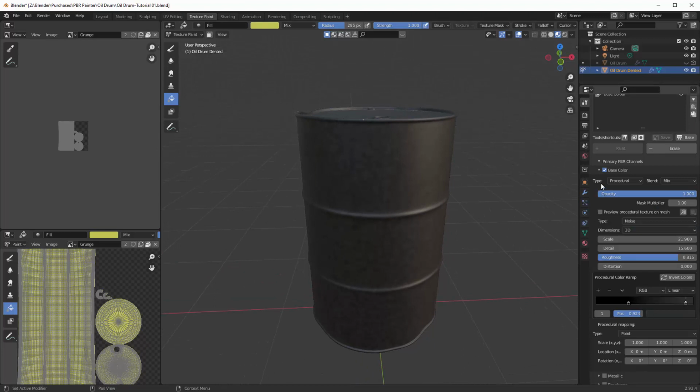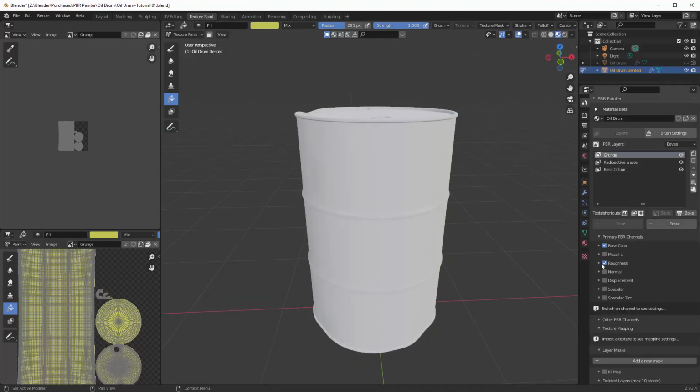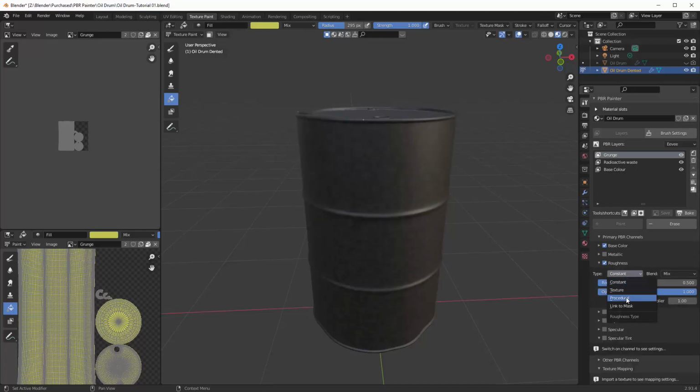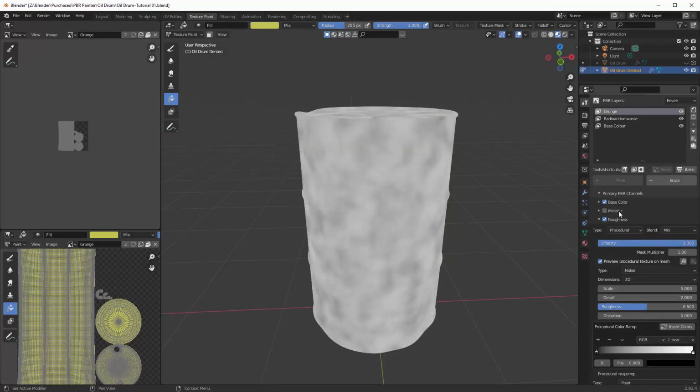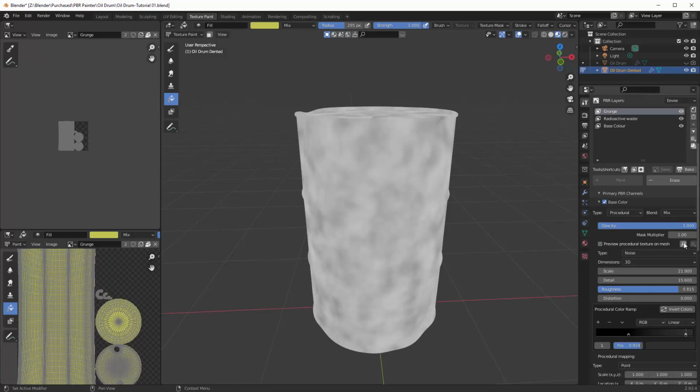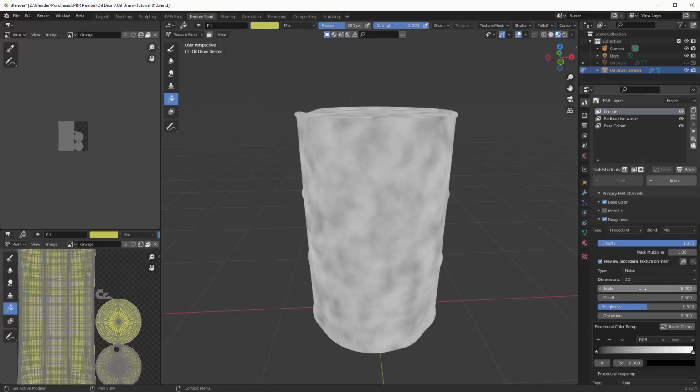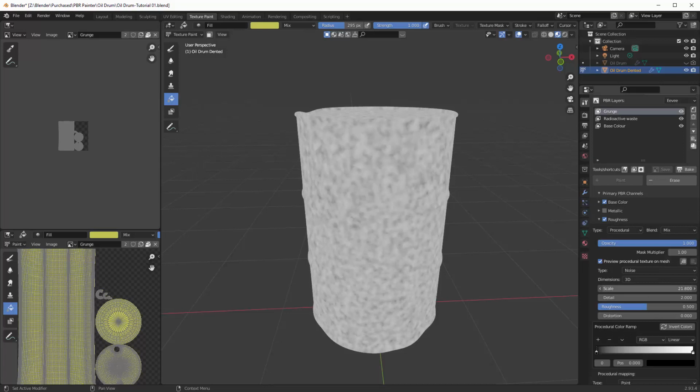I think that will do, and we'll change the roughness to that on that one as well, and we'll do that procedural texture on mesh. We pretty much want the same as we've got actually. In fact, I could copy it. You can copy it just by using this little option here, but just for the sake of me dialing up a few numbers,